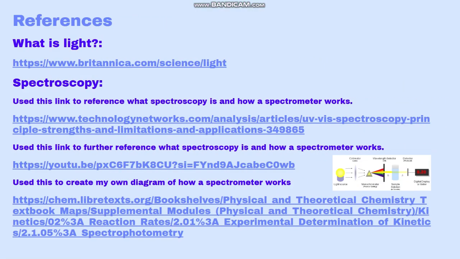During my presentation, I used a couple of references. The first reference I used was to get the diagram for the light slide, which was the electromagnetic spectrum. So I used some information from there. And the next link I used, and the one after, was to define how a spectrometer worked. And the last link at the bottom I used to make my own diagram so I could better understand how a spectrometer worked. And there was also a YouTube video by here that goes through it in detail, and it helps you better understand how a spectrometer actually works, which helped me